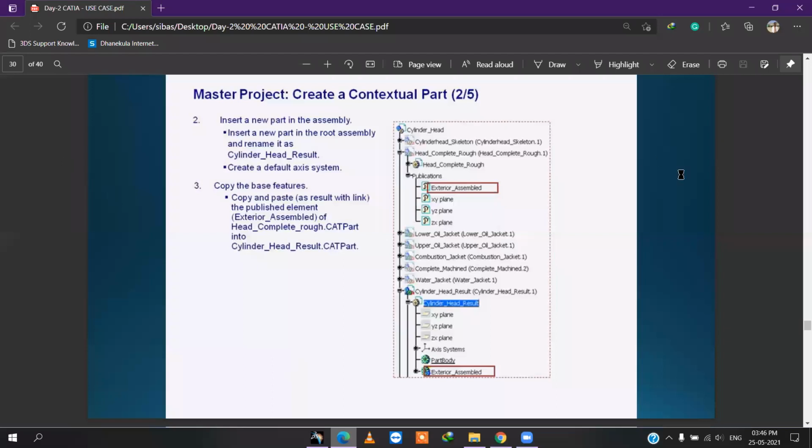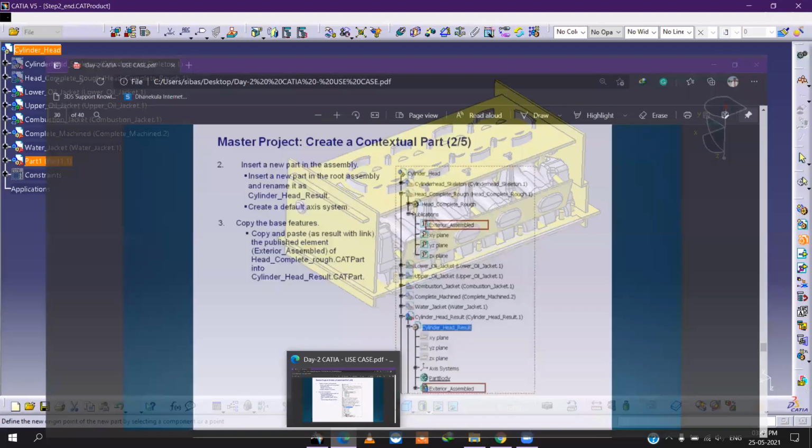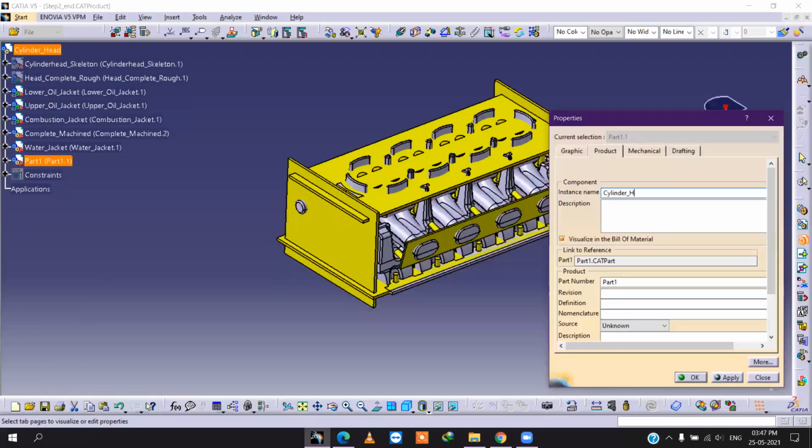Right click, Properties, Product, cylinder head result. Okay, apply.